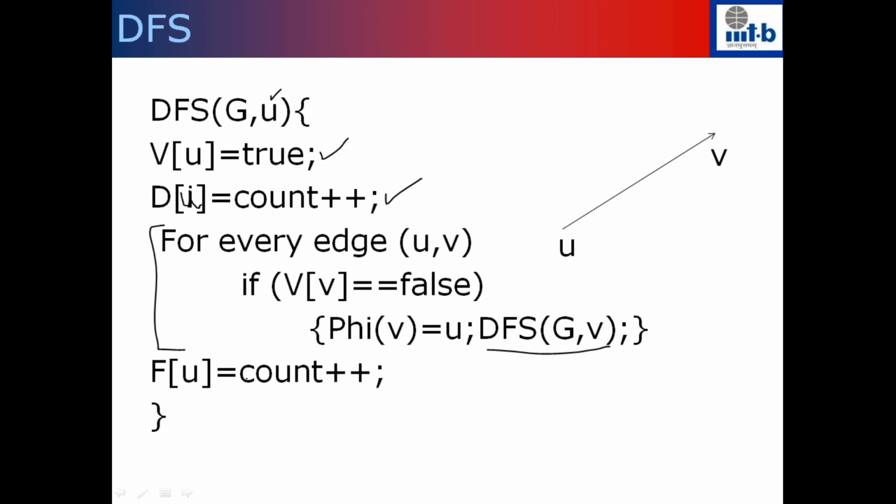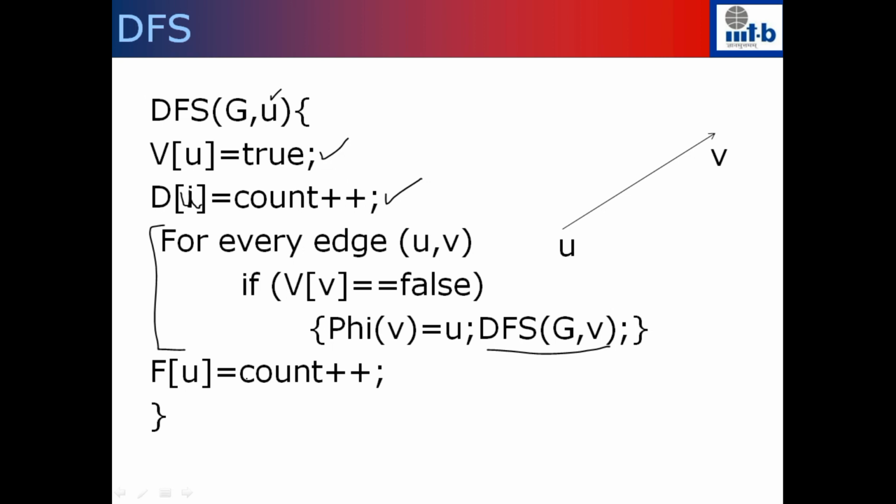Once you visit a vertex, it's going to be marked as true, and you're going to visit this vertex only if it's unmarked, right? So if the value of that is false. So during the execution of this algorithm, every edge is going to be considered exactly once. So the number of times this for loop is going to execute is order m, and for every vertex you might end up calling DFS.